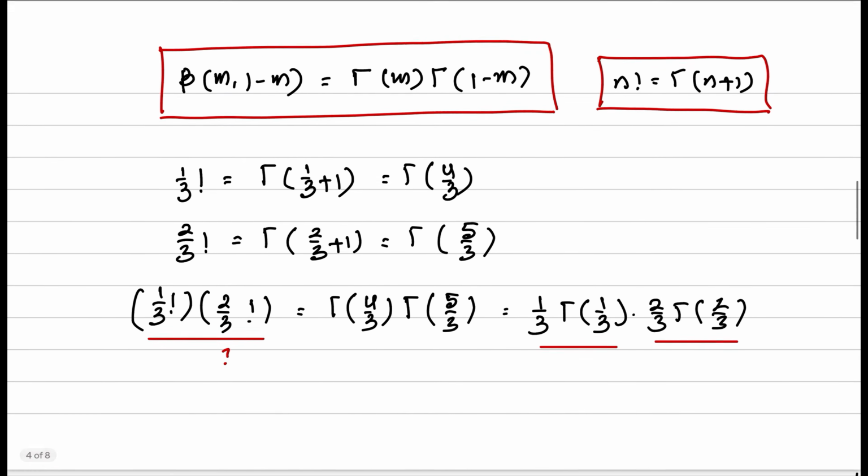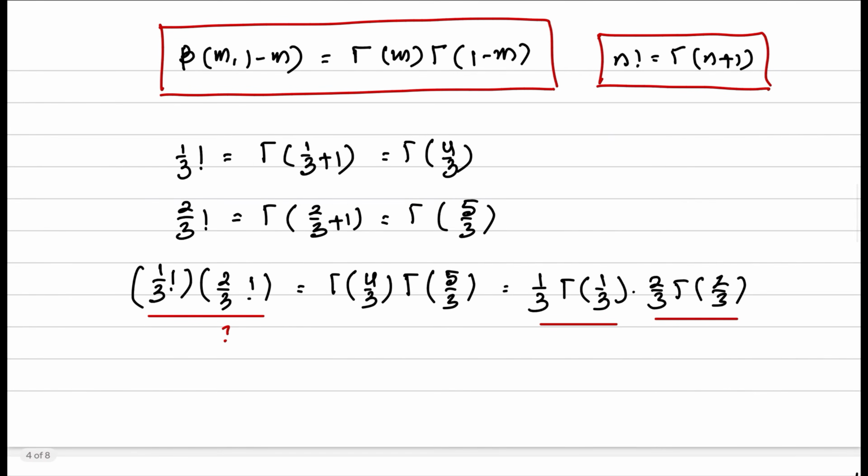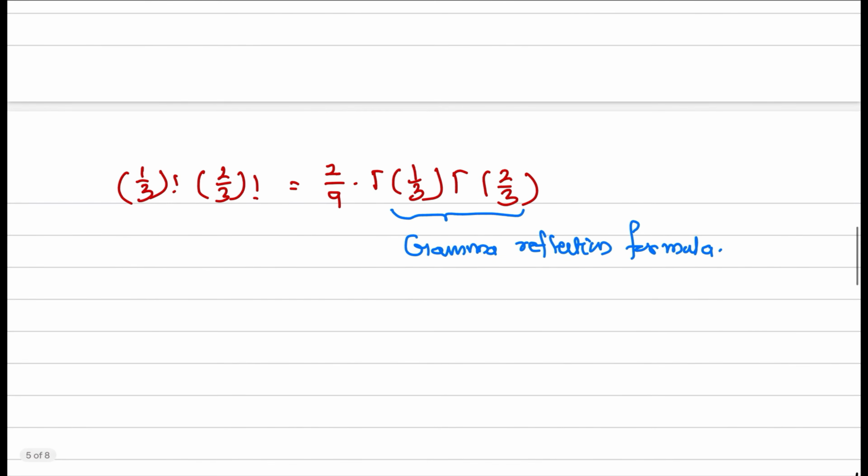That means gamma m into gamma 1 minus m. Let us say m is equal to 1 by 3. Let m is equal to 1 by 3. That implies